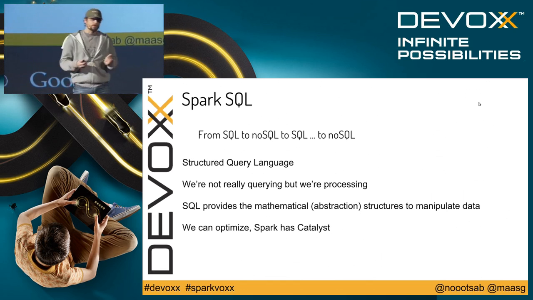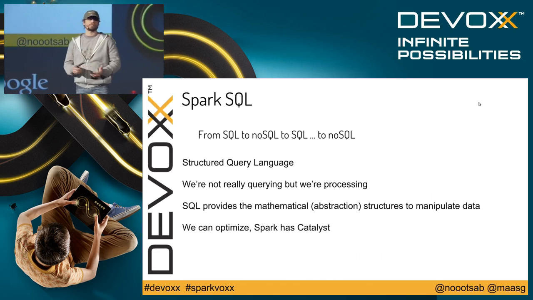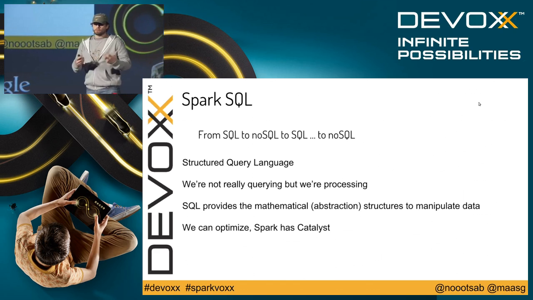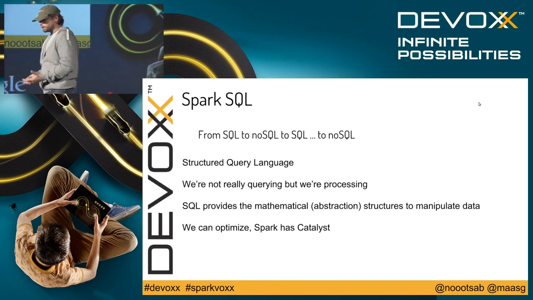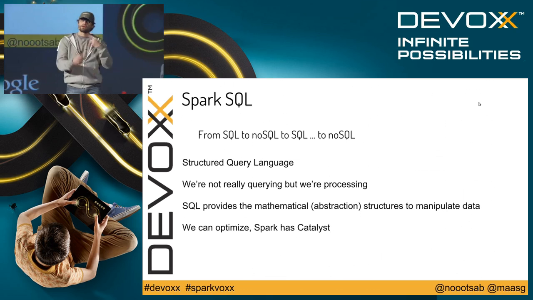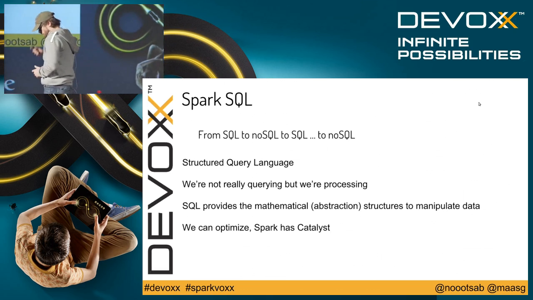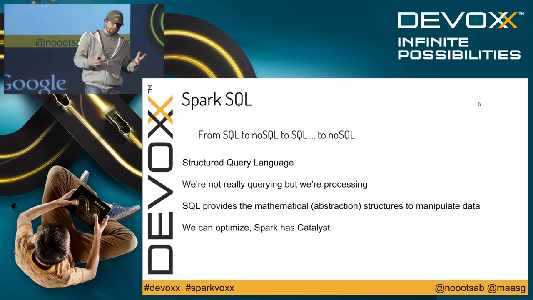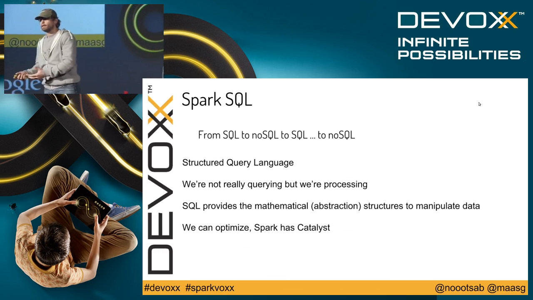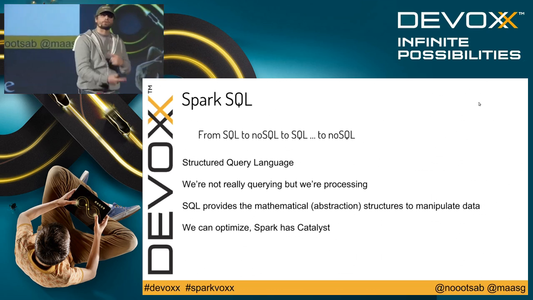SQL is very important because it provides a mathematical background to query and to process data. This is pure, actually, SQL, right? It might be crappy, but actually the fundamentals are very pure. And they are so pure that you can take them and optimize them, get the plan, right? Without having to do some reflection on the code, etc., like we could do with Kubernetes, for instance. But since analyzing text directly is quite hard, they created another API into Catalyst that automatically applies the plans and optimization on the fly.